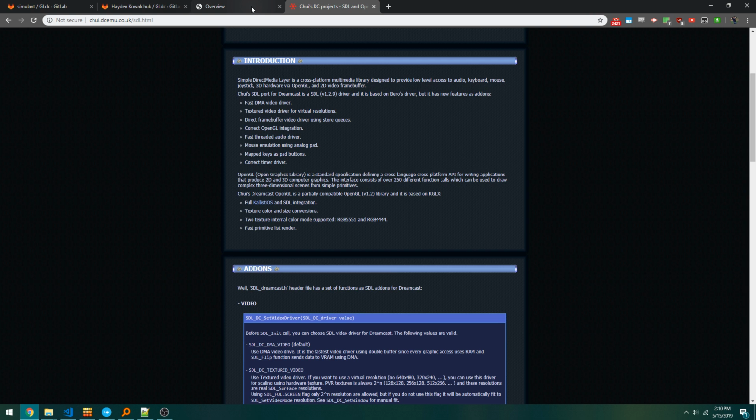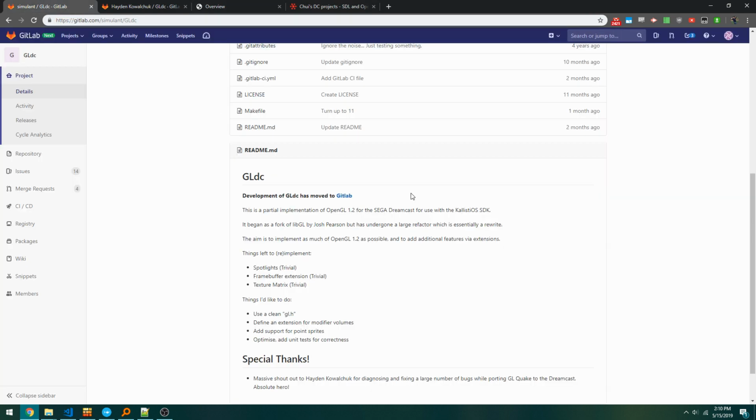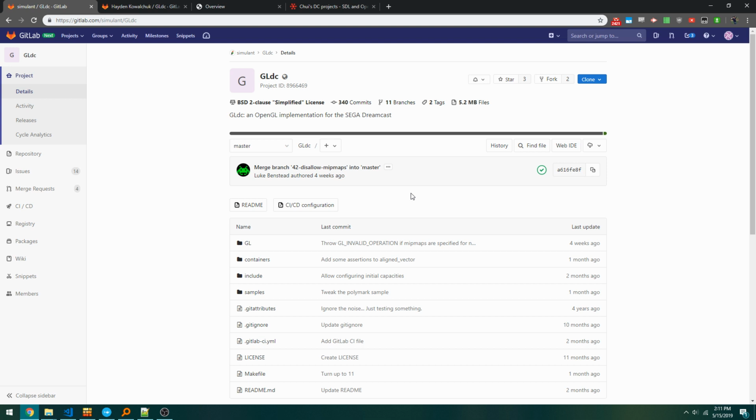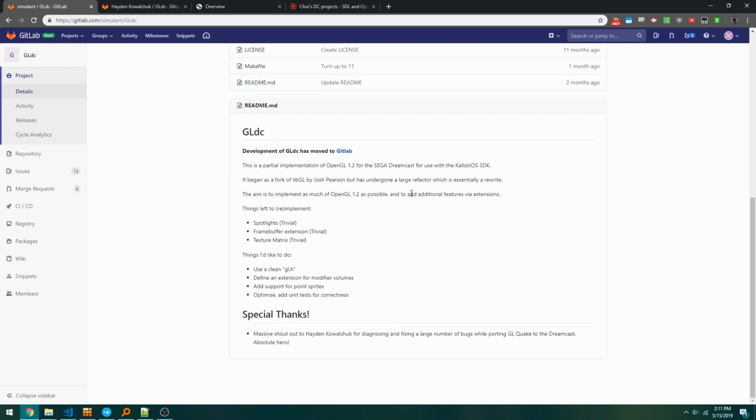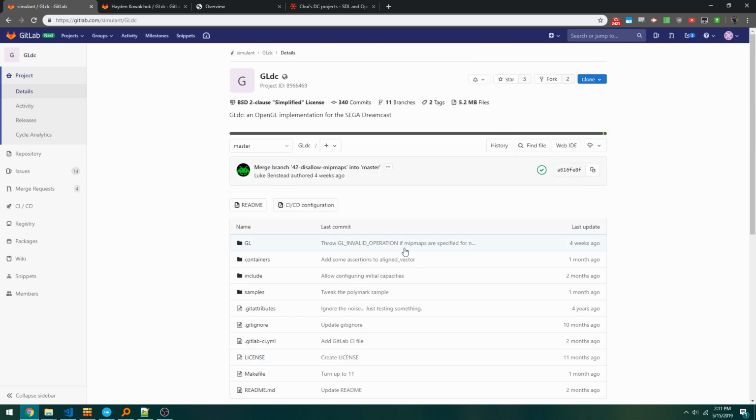So this is good. This is the project here. It's hosted on GitLab under the larger Simulant umbrella, but it's its own library. You don't need to use Simulant or anything else with it. It can be used by itself. And master lives here, gitlab.com, Simulant GLdc. That's the one you should generally use. The API is not going to change. Things aren't going to break. There are not going to be regressions. If you want a stable library to use in either some hobby project or a game,